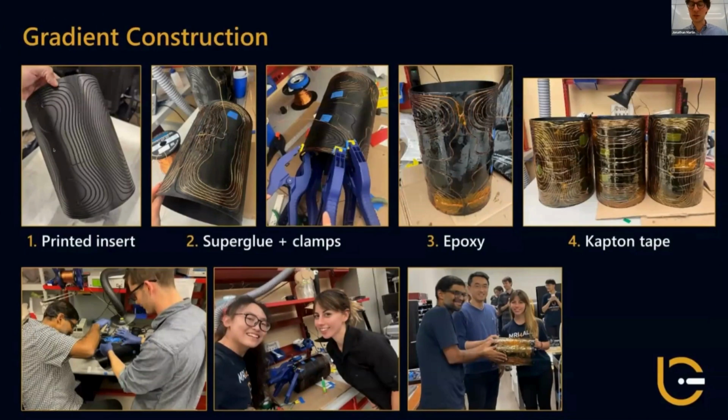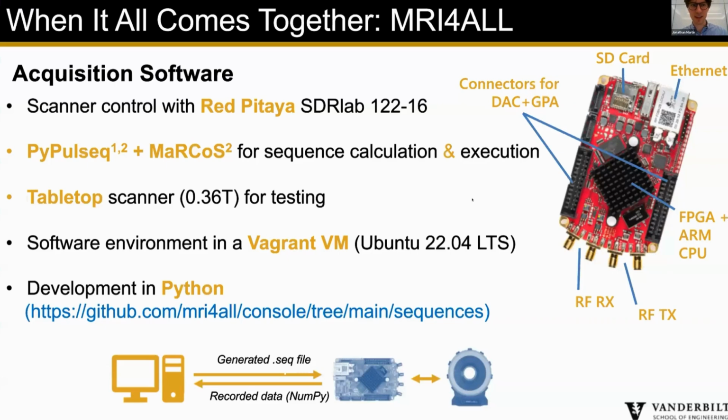So they had these 3D printed gradient inserts, and we were able to line coils into groups that were 3D printed, and super groove clamp, epoxy, tape, and you go. My focus, the area that I was helping with, was acquisition software, which I'll just talk about a little